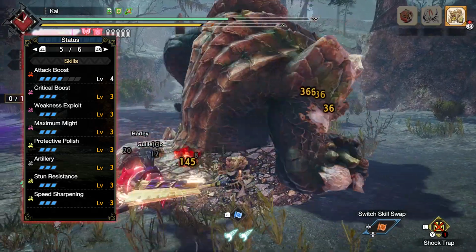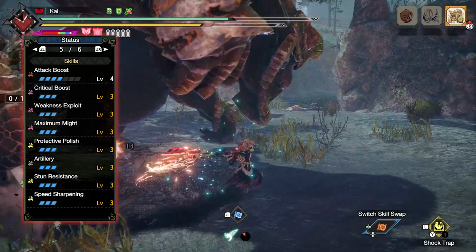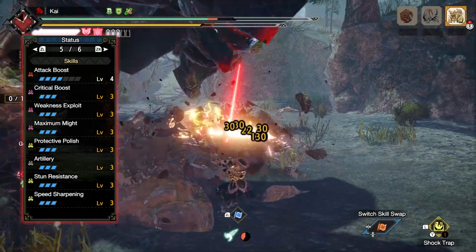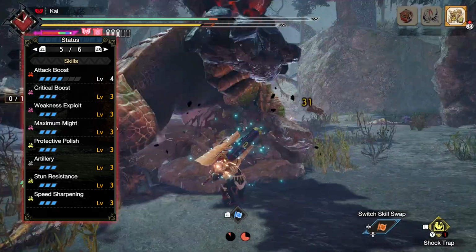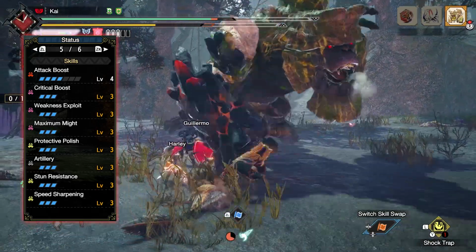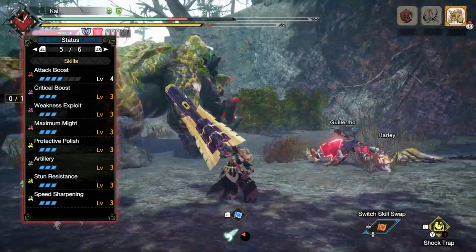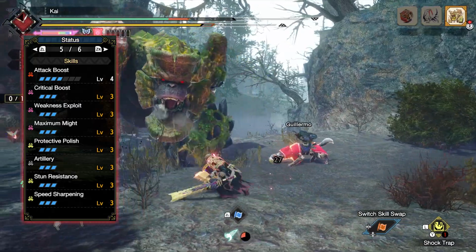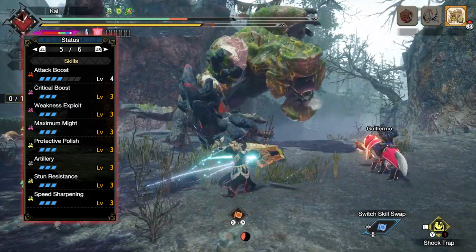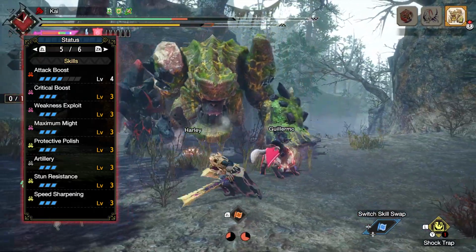You'll also have weakness exploit at level 3, increasing our affinity whenever we're attacking monster weak points, and this can be up to 50%. You'll then have maximum might at level 3. Maximum might is a skill that kicks in whenever we have full stamina. When that is the case, our base affinity is increased. You'll also have protective polish at level 3, which is a skill that allows us to put a protective coating over our sharpness gauge, preventing any sharpness loss for a small duration of time,